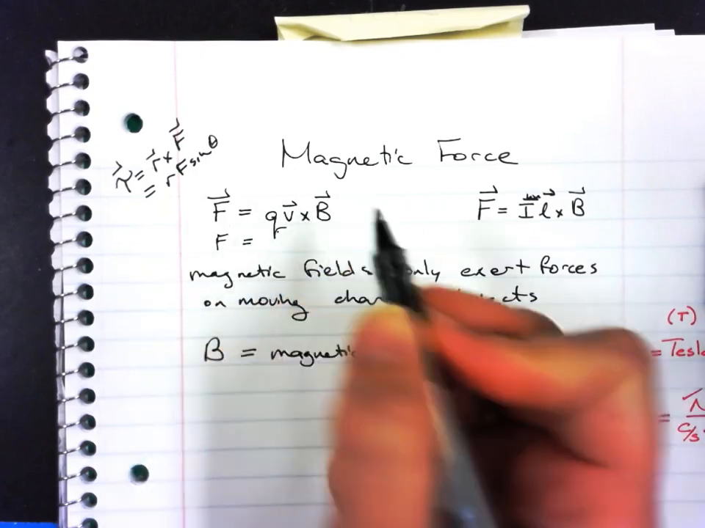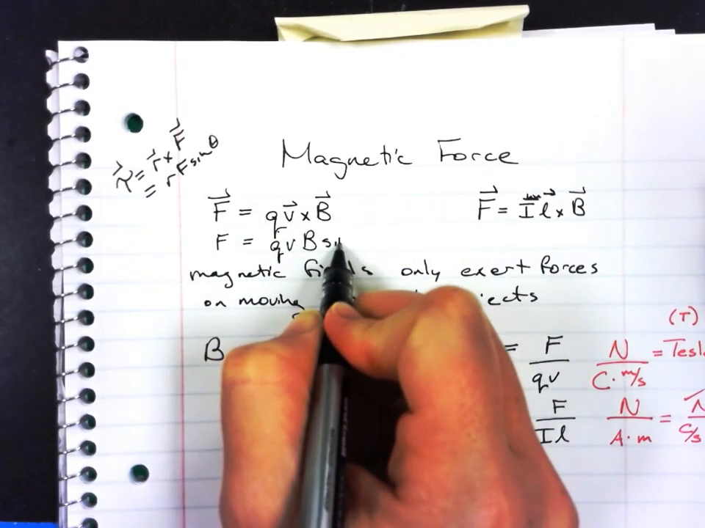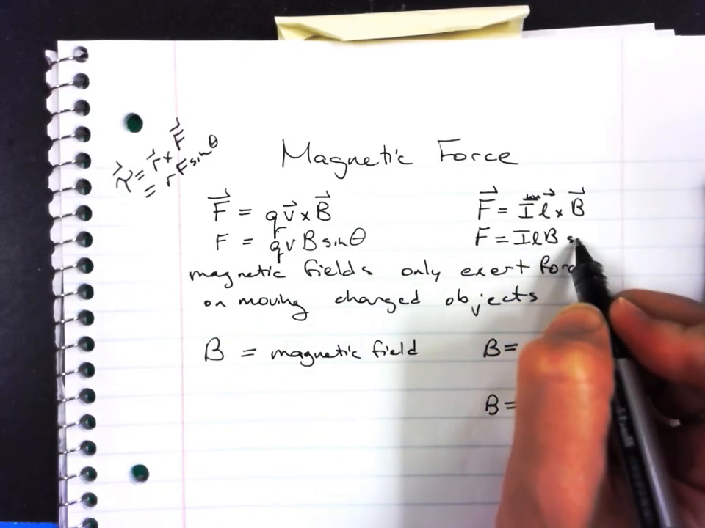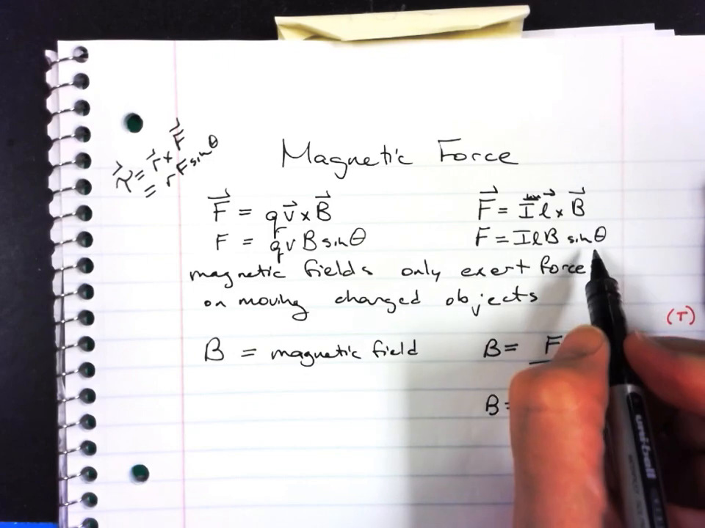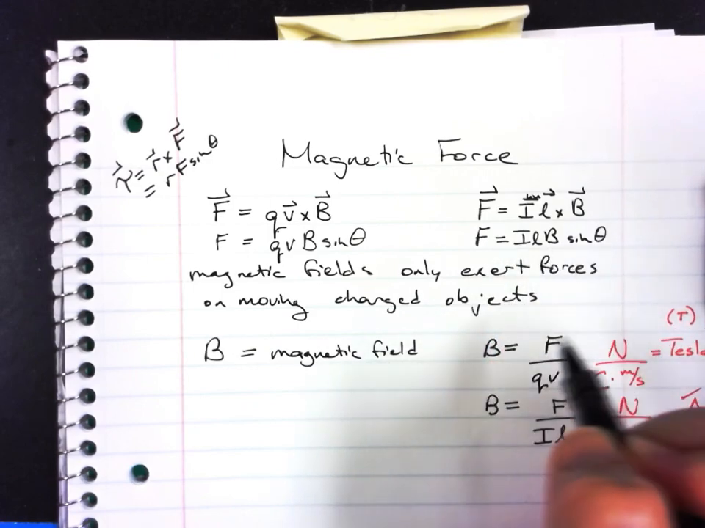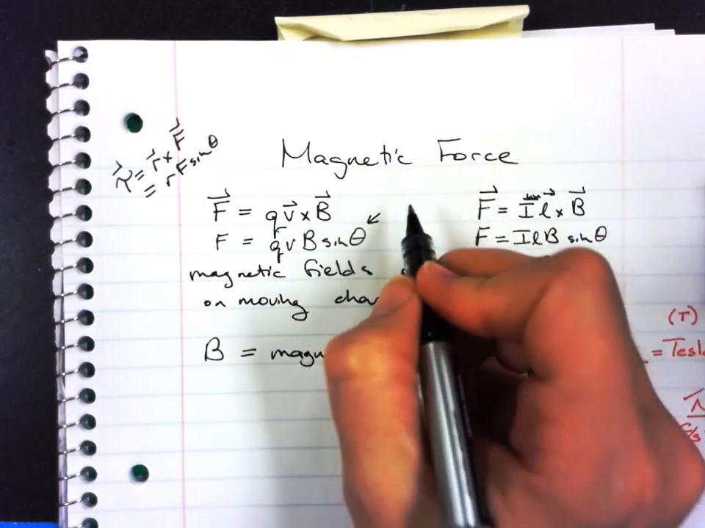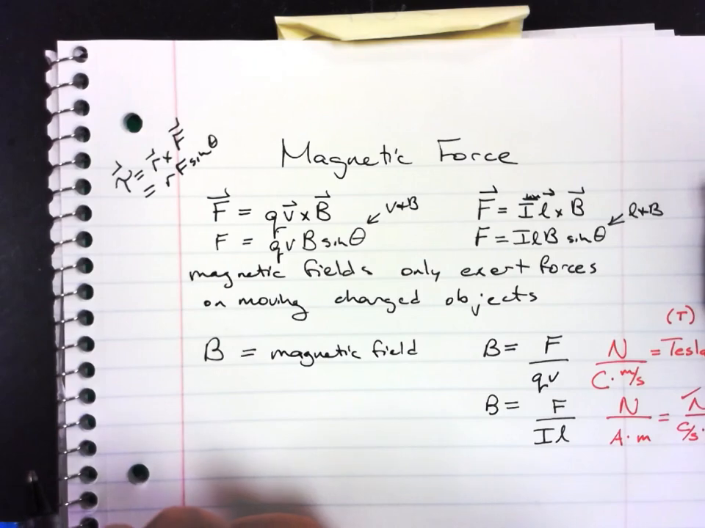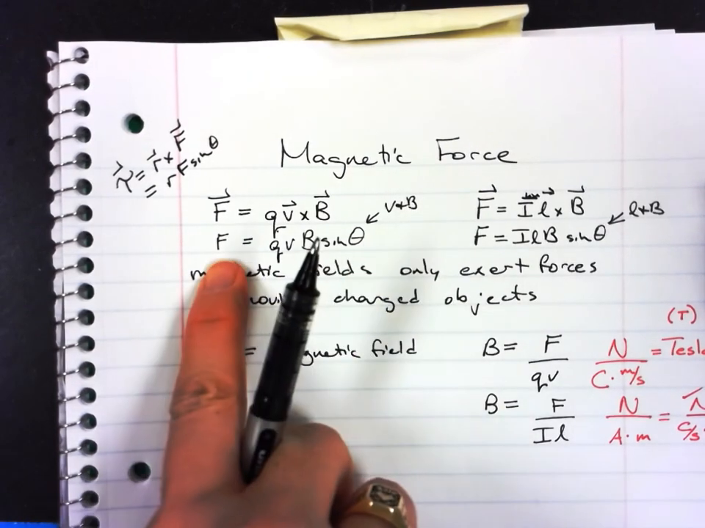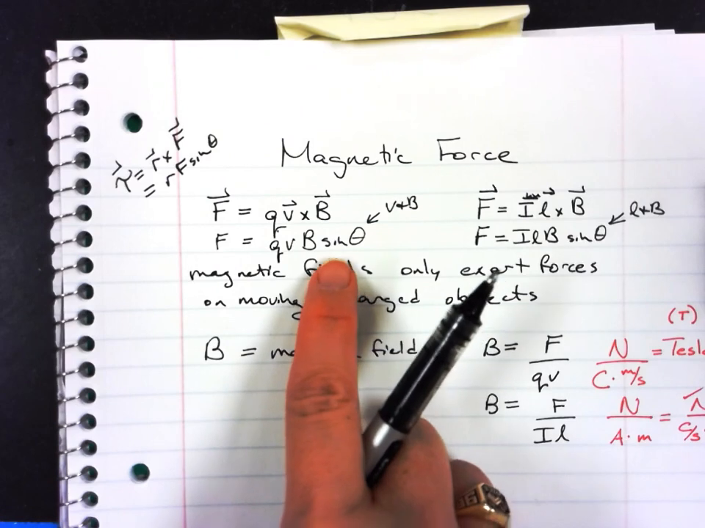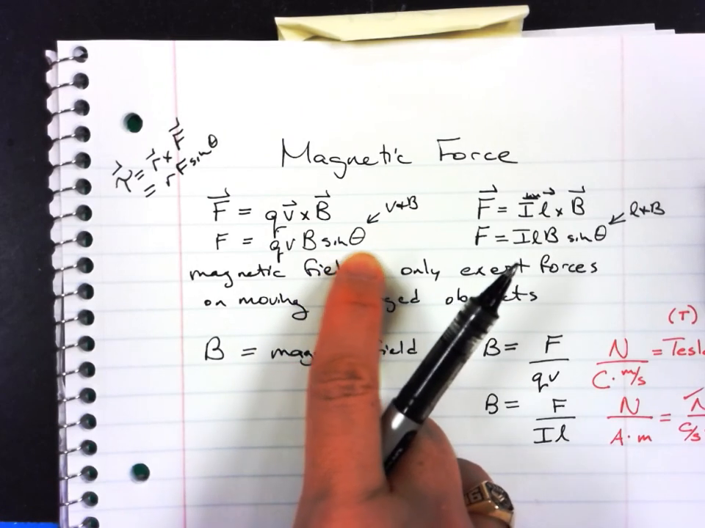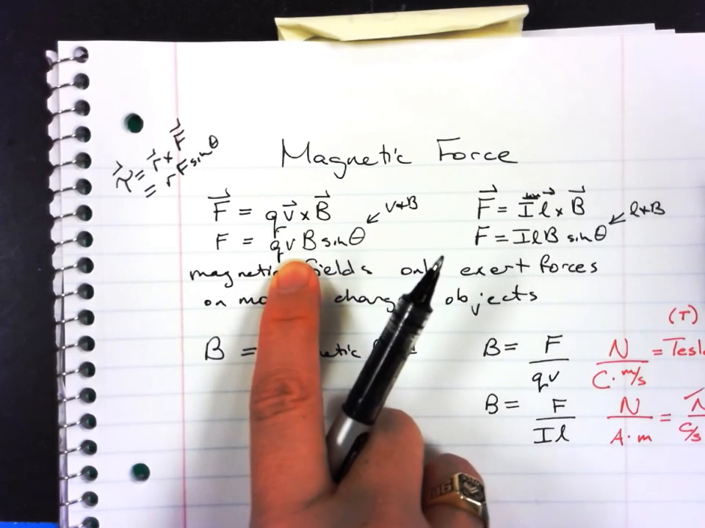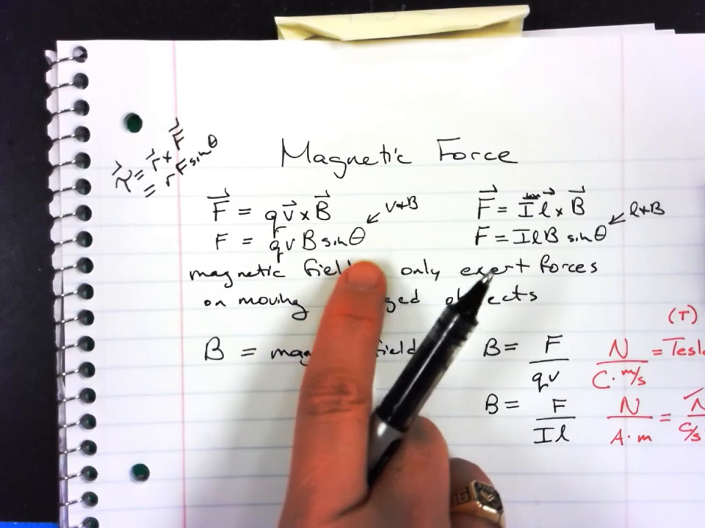So the magnitude of the magnetic force is QVB sine theta if it's a moving charged particle, or ILB sine theta if it is a current carrying wire of some length. The angle is between V and B, or L and B. So we know we're going to get the most force if the sine function is maximum, and that's at 90 degrees. So you get the most magnetic force when a charged particle is moving perpendicular to the magnetic field. If it's moving parallel to the field,